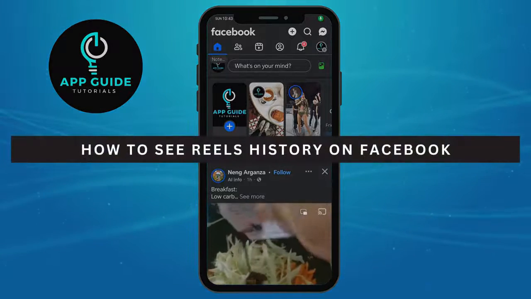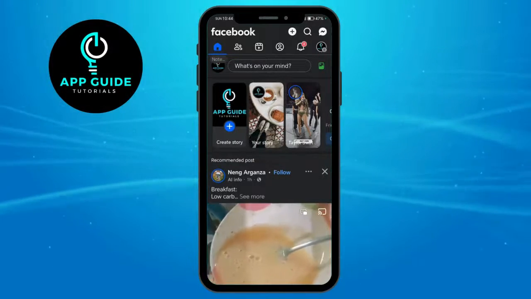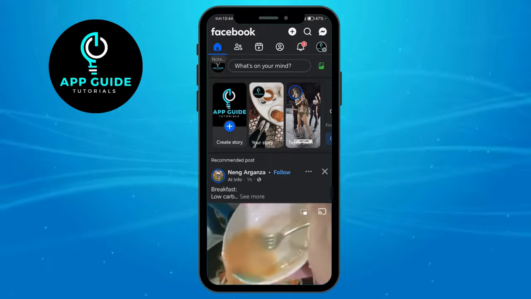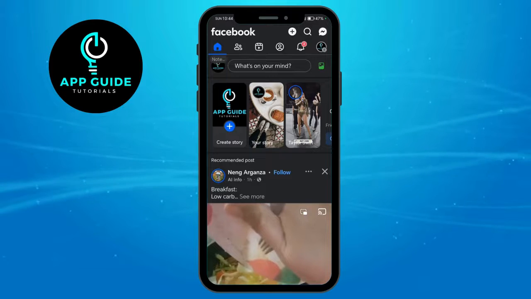How to see Reels history on Facebook. Now, let's say you want to see the Reels that you have watched or saved in the past. All you have to do in order for you to see the Reels history you have on your Facebook account